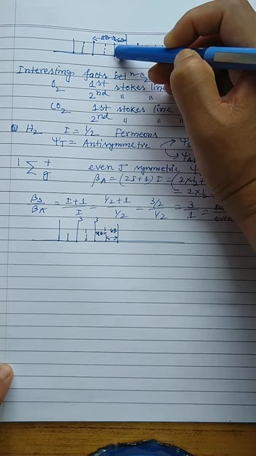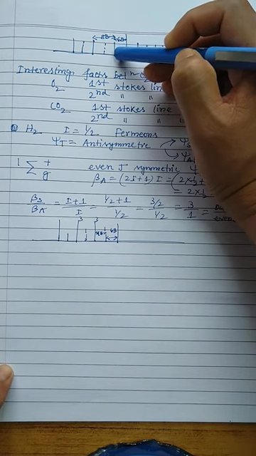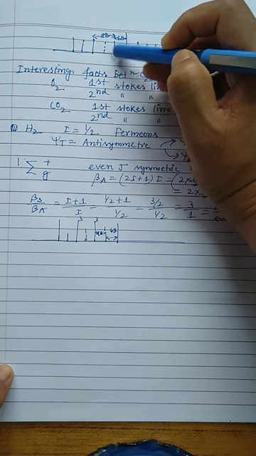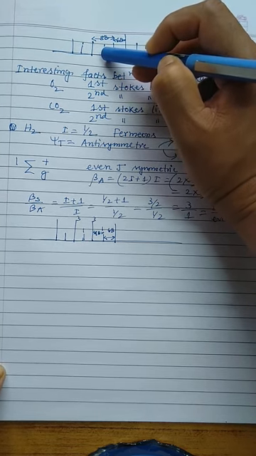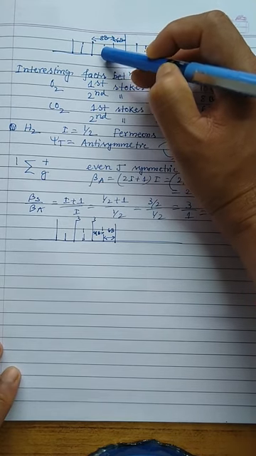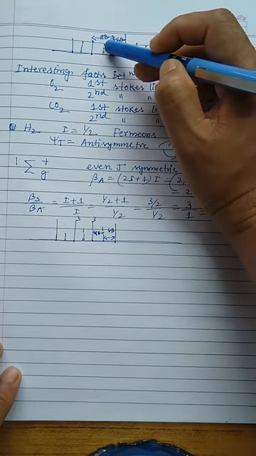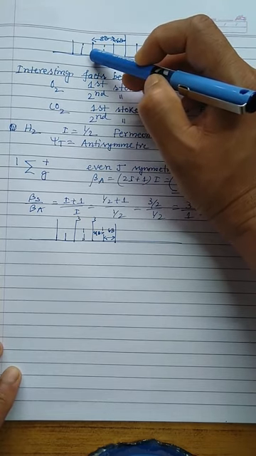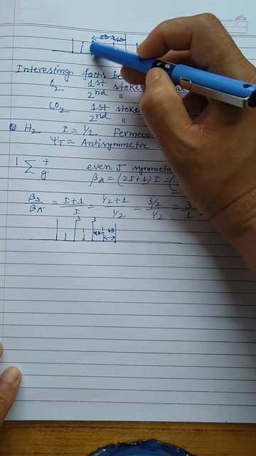So the first line appears in the spectrum because of the 0 to 2 transition in the Stokes side. So this will appear at 6b distance. And the next transition is 1 to 3. That means odd, and these have intensity 0. That means this will not appear in your spectrum. So this is a dotted line, meaning this will not appear. And the third line, that means basically the 2 to 4 transition, is even, so it will appear.